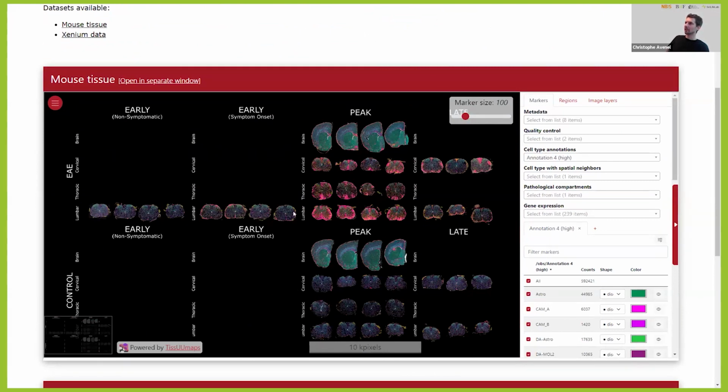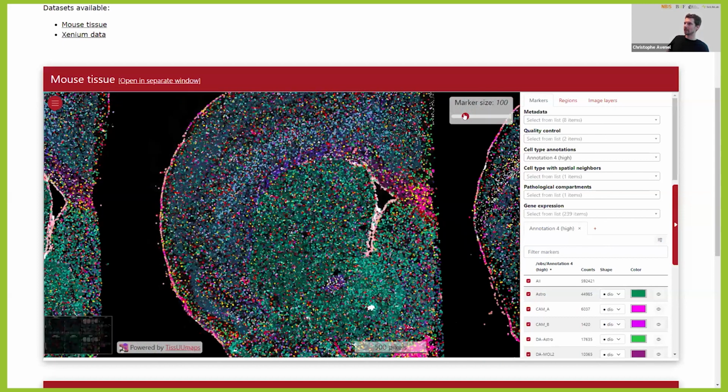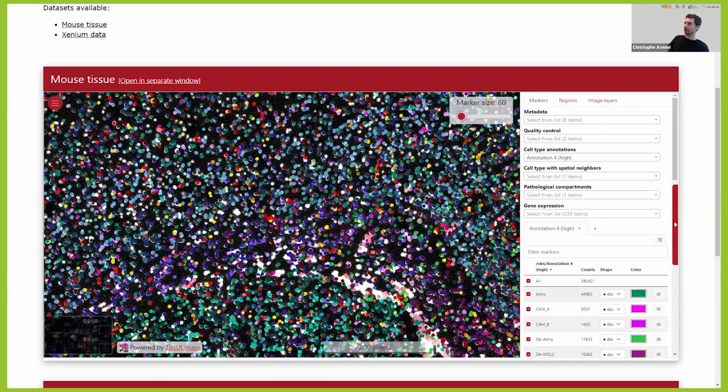They were only analyzed for the peak and the late stage, because the disease progresses from the lumbar all the way to the brain. So it's to see how it progresses. And here on the right, you have access to all of the data for each one of the cells. So you can zoom in and see down to the single cell